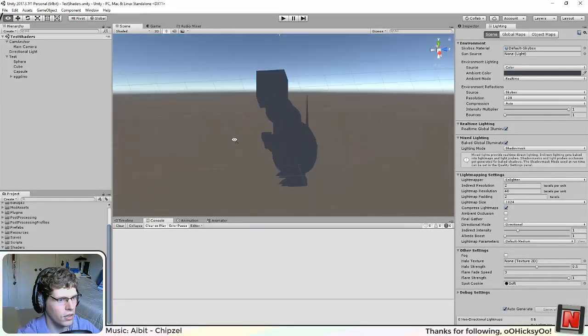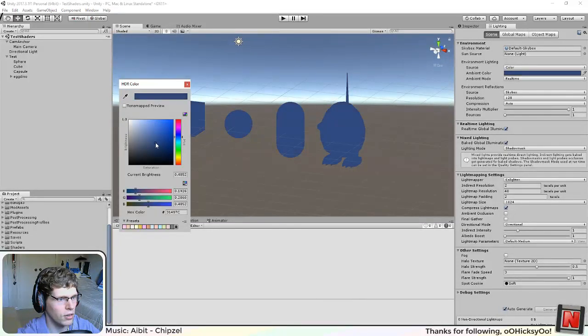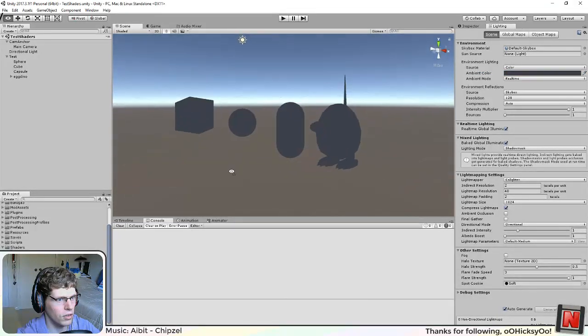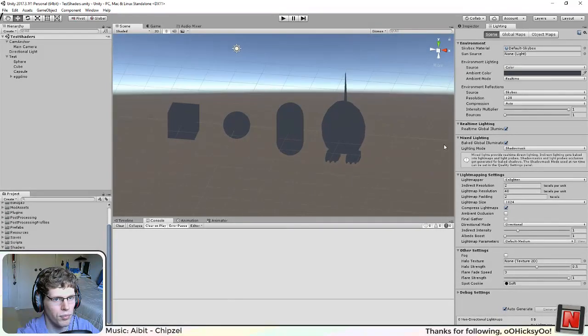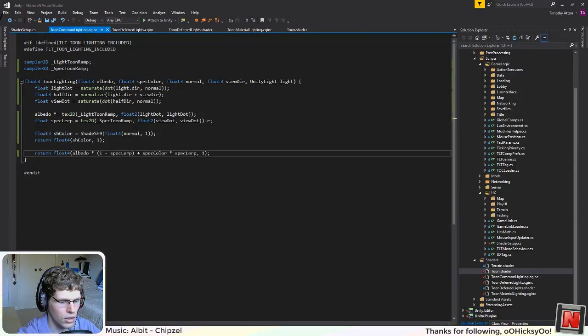Okay, so now we see spherical harmonics, and it's basically just this ambient color. I think if I change this, it'd also be used for other things. If we had a whole bunch of lights, Unity will again approximate them. So we can just add this color. I don't think we'll need to do any fancy